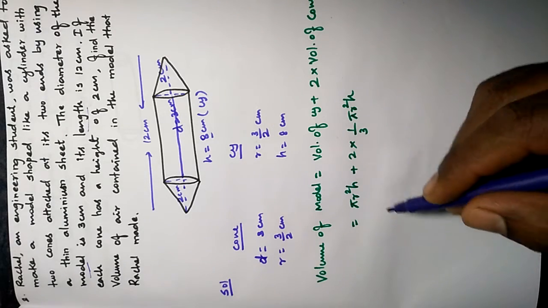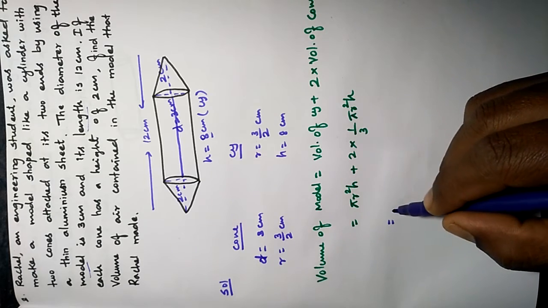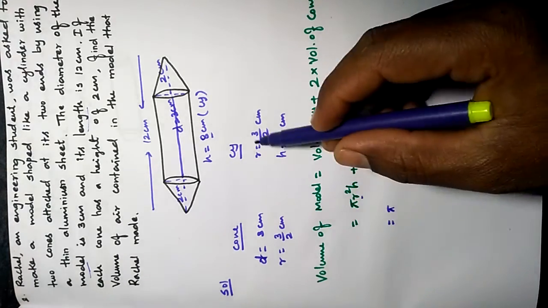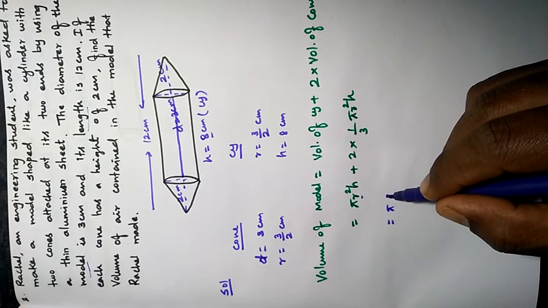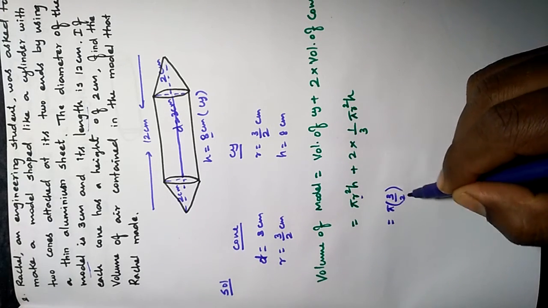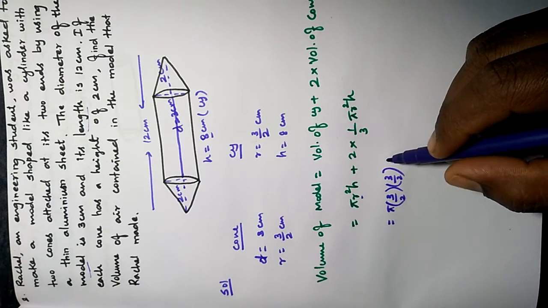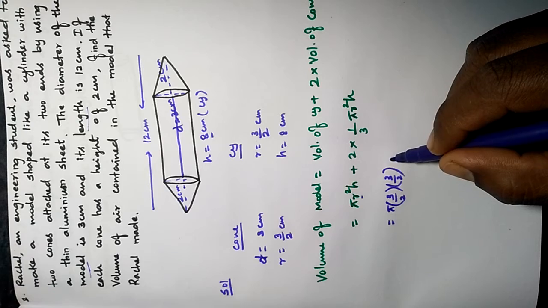Pi value we don't apply here, we will apply it at the last. Okay, so pi, what is the radius here? See, the radius of the cylinder part we have here is 3 by 2, so 3 by 2 into 3 by 2, because it is r square, that's why we are taking it, and h we have here is 8,